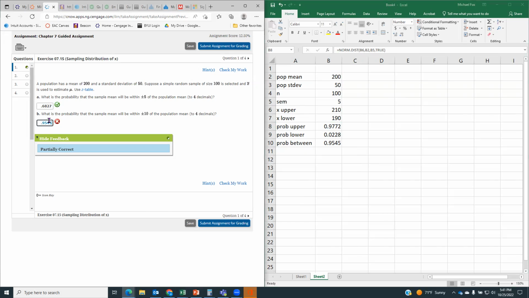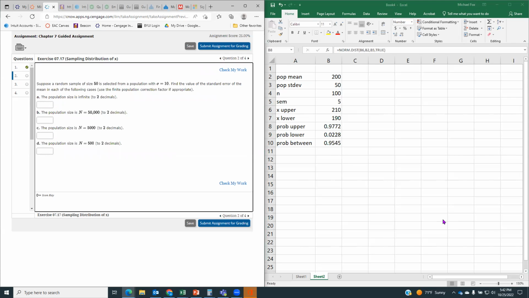We can see that we really increase our probability a lot by increasing the range that we're looking in, right? The probability that it's within 195 and 205 is only 68%, 68.27%. The probability that it's between 190 and 210 is 95.45%. All right, so there's our first one. Our second one